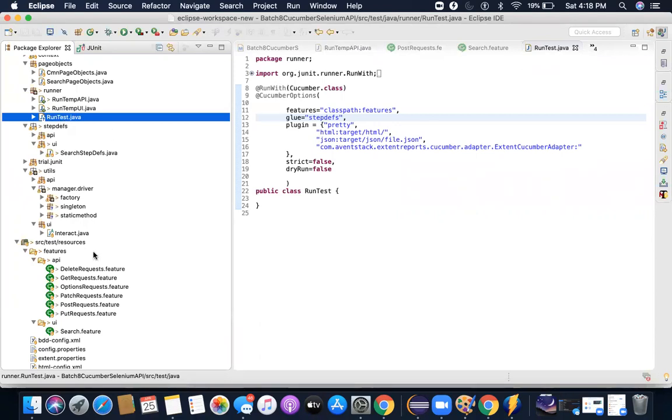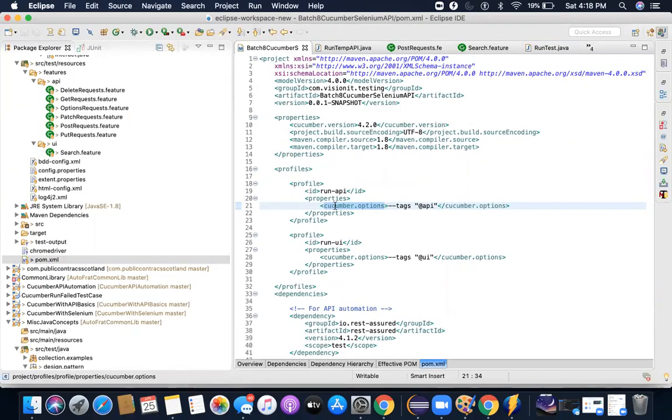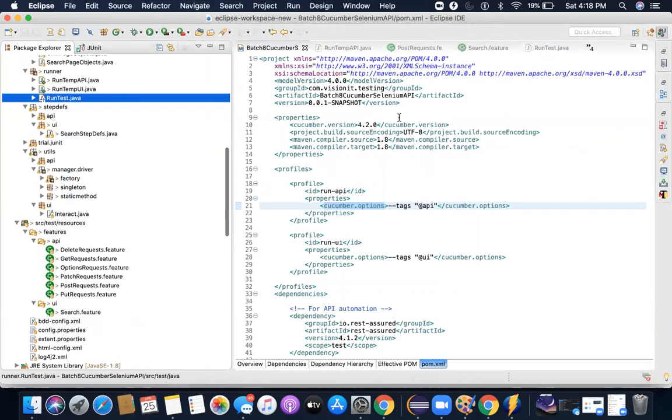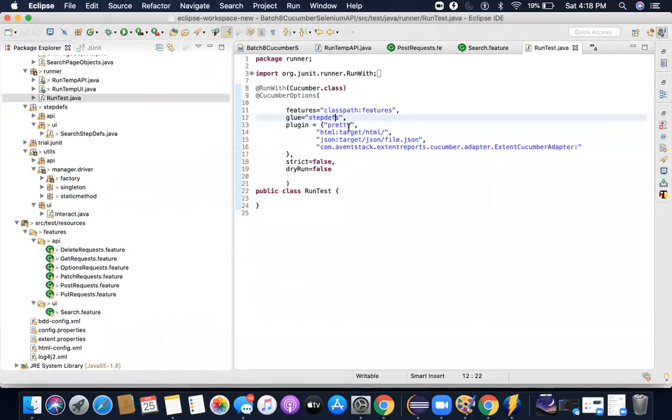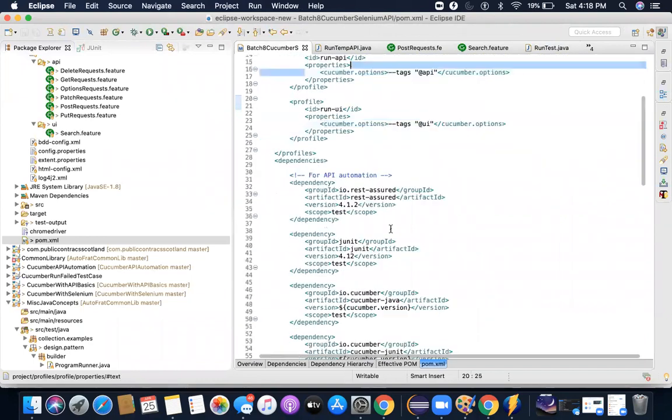So if I go back here, what I want is whatever information I'm sending from here should get appended with the run test here, and that the whole combination of these Cucumber options should get executed. So the next thing I did after making this change, I went to my